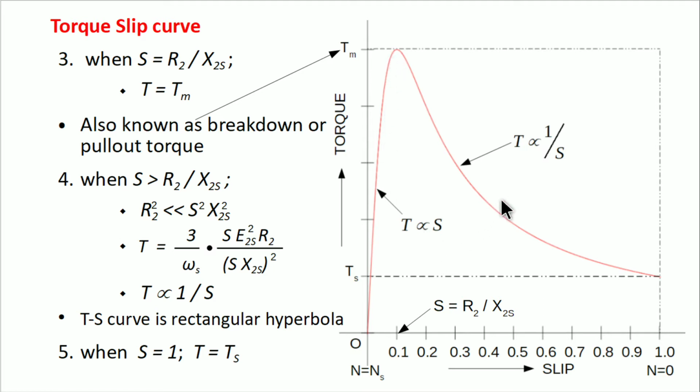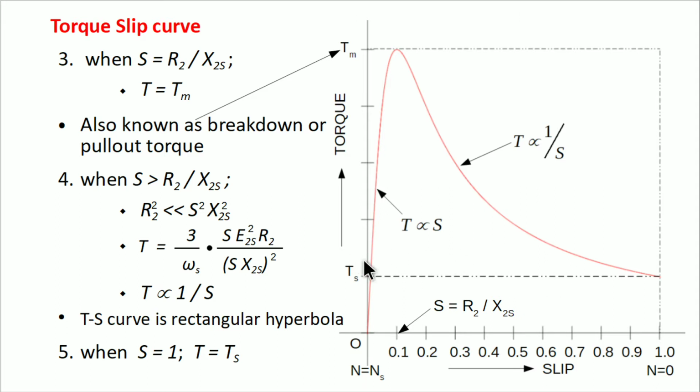This motor cannot be started at full load. Suppose full load is this much, 70% or this much. Then if we have this much load on the motor, at the time of starting the torque is low, so the motor will refuse to start. Therefore, three-phase induction motors are started without load or with very low load, and then load is engaged by some means.